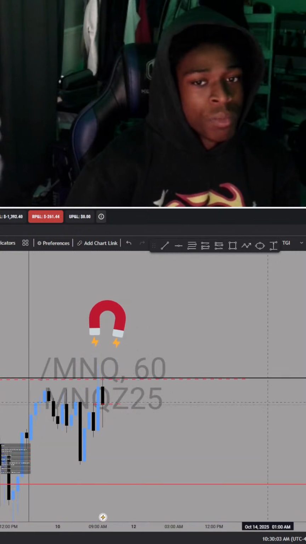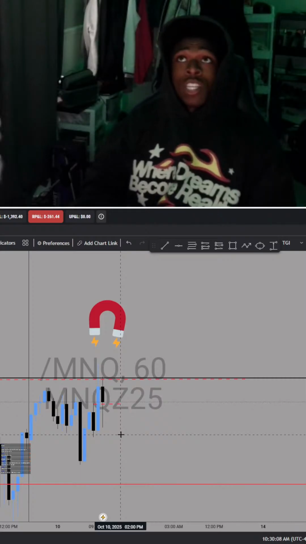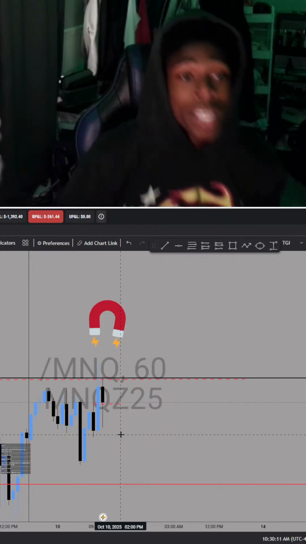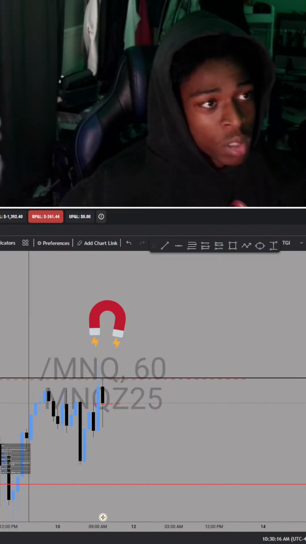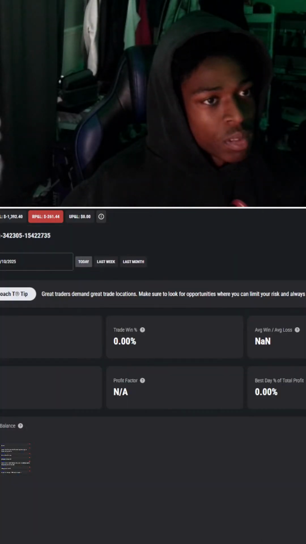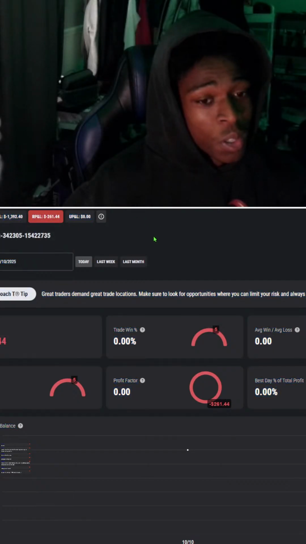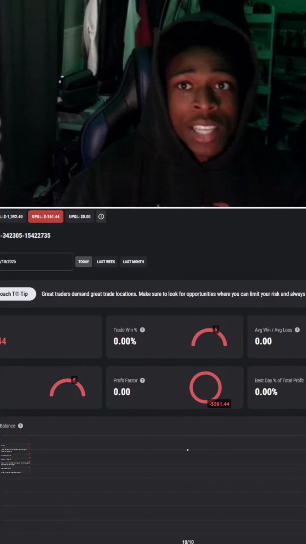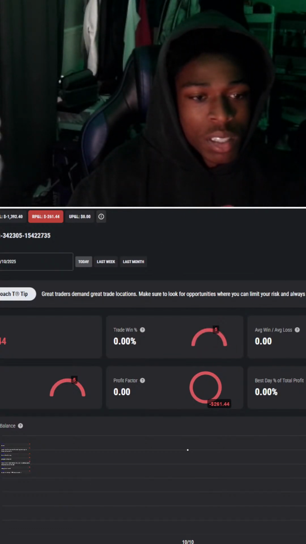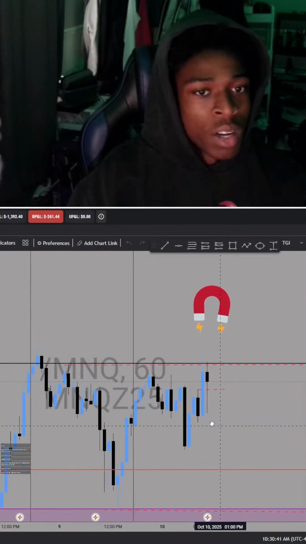Now it's still chopping around. I'm not even itching to take another trade. I'm just trying to figure out. It's not even about getting a payout for me. It's about keeping these accounts long term. Payouts are going to come with that. But I ain't getting no payout with $1,200 worth of drawdown. I got max drawdown of $1,392. So I'm back against the wall again. I accidentally took too many trades today. And look, Nas won't go to the highs now, huh?